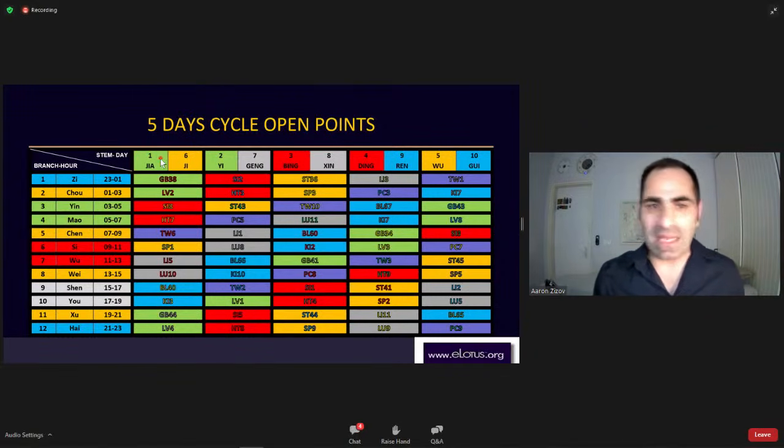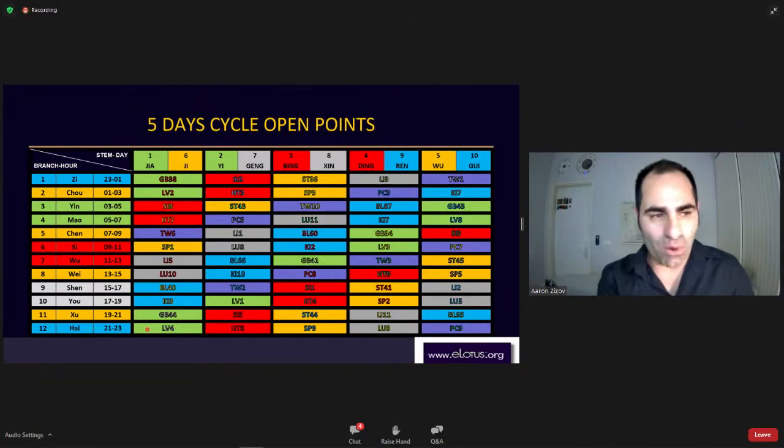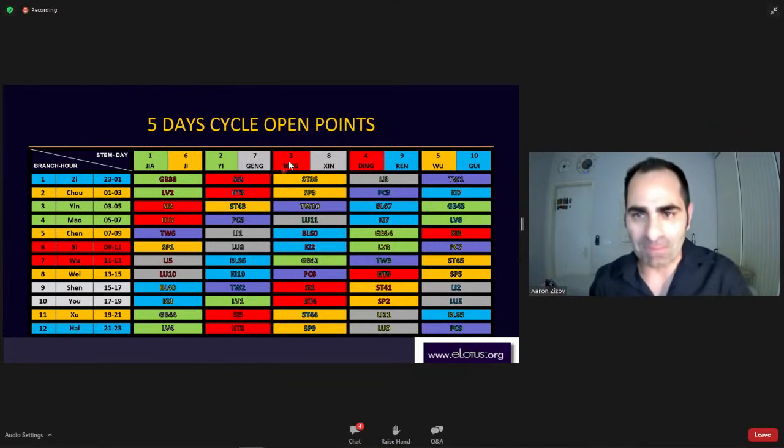So for me, just for instance, I didn't check the map of today, but for example, if I'm on the day of Jia, stem number 1, day number 1, and for me it's like 9 to 11, so Liver 4 is the most active right now for these 2 hours. So this point specifically now will be strong, like 10 treatments. Okay, this is the perspectives.